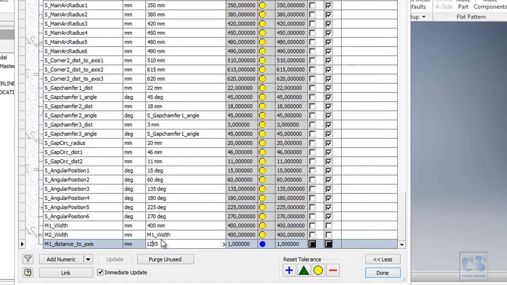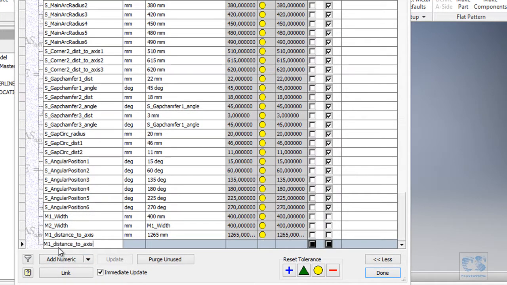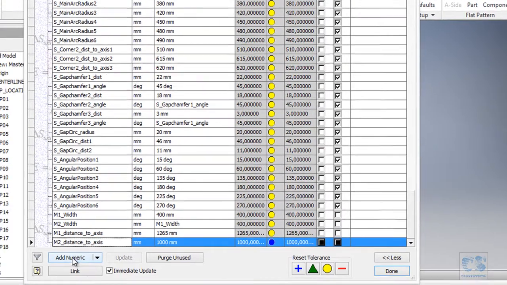So 65. I will copy this, and numeric, these two, and this will be 1000.